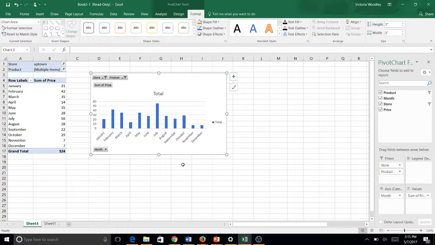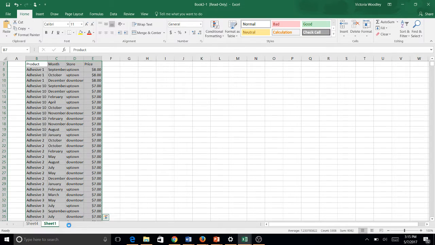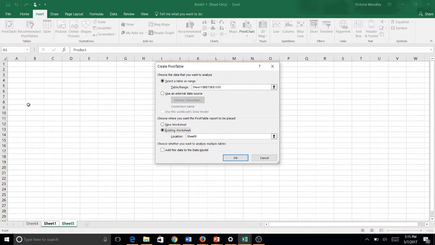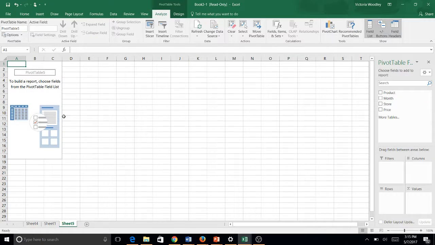Okay, we're going to group our different data, and I'm just going to go back to my original data and create a new sheet. From there, I'm going to go Insert, Pivot Table. And we did a new worksheet, but what's cool is you can do an existing worksheet, and I'm going to go over to my sheet 5, and I'll click in a cell and press OK, and it brings up a